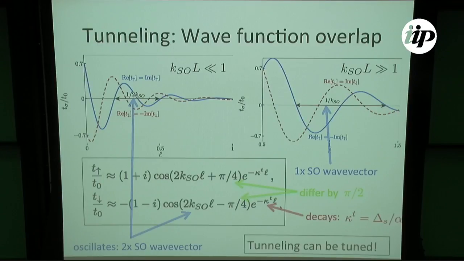What's interesting about this is that the tunneling can be tuned. Depending on the distance between the Majorana fermion and the quantum dot, you get a different ratio of the magnitude between the up and down spins. So let's say if the distance between the Majorana fermion and the dot is at this value, then actually you have spin polarized